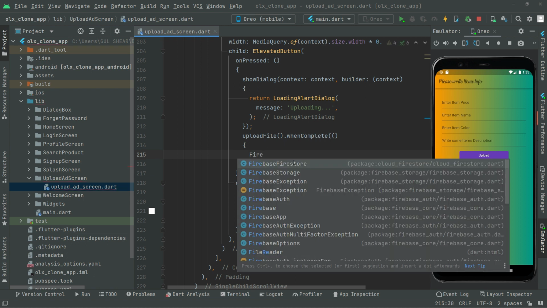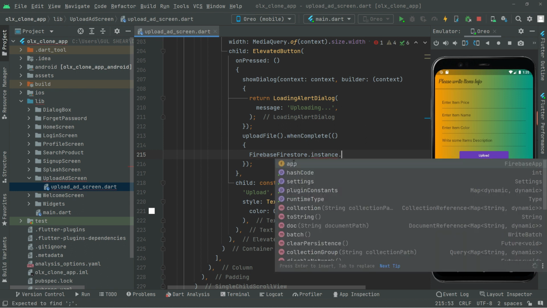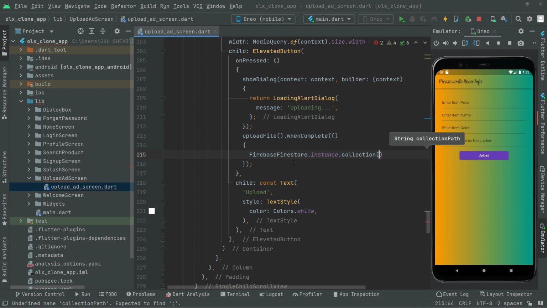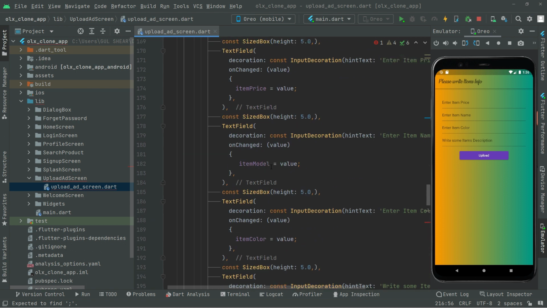So in here we'll say Firebase Firestore, and let's go ahead create that instance. Okay, then we say dot collection. We're about to create the collection by the name of items. Okay, so we will just get this down from here so that you guys can see it easily. Now we will say dot doc, that specific document, which will be a specific post ID. So we're gonna go ahead and create that specific UID of a current user who will be online, and we will just provide it right in this specific document. Let's go ahead and create it